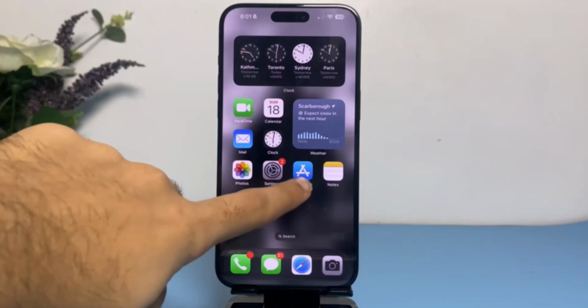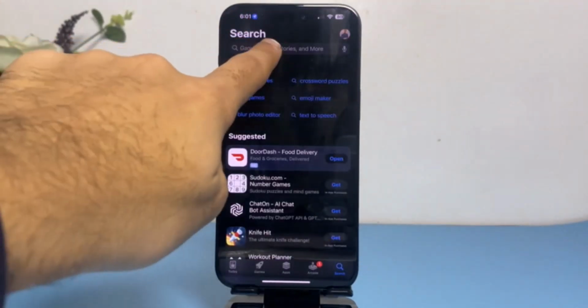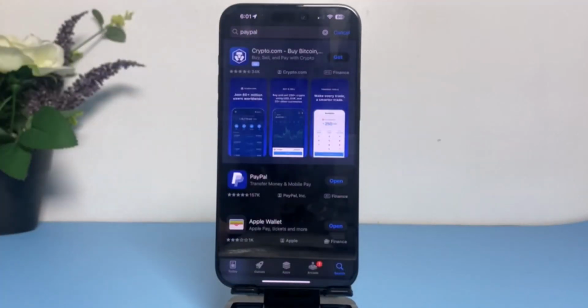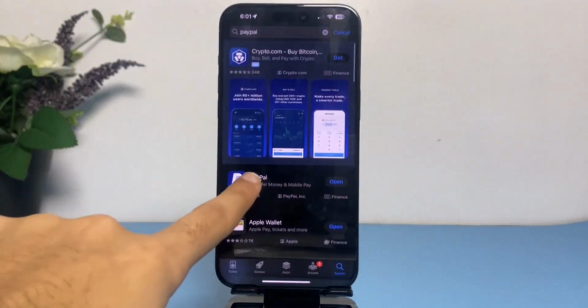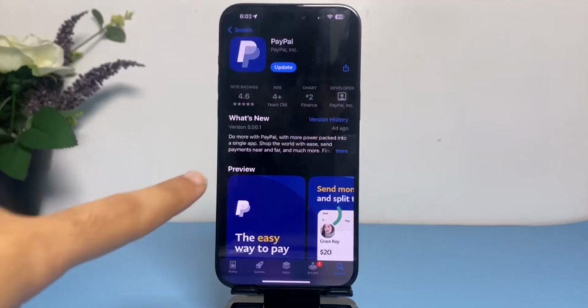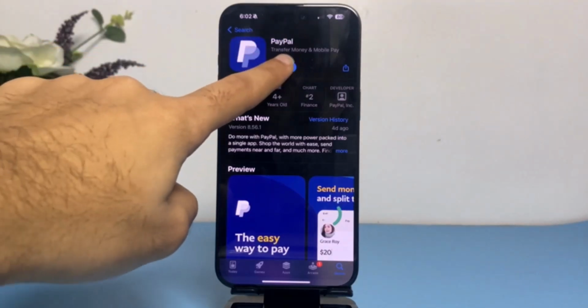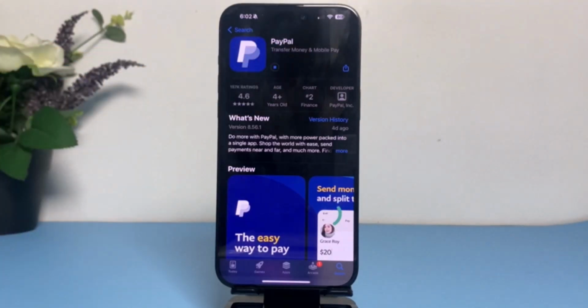So to do that, first of all, go to your app store and then type in PayPal. After that, tap on the option PayPal and then make sure it says open instead of update. Now, if it shows update, it means that your app is not up to date. So simply tap on the option update and then update your PayPal to the latest version. Now, once your app is updated, try opening your PayPal app again, and if your app is still not working,